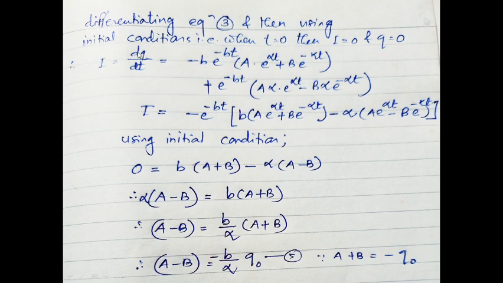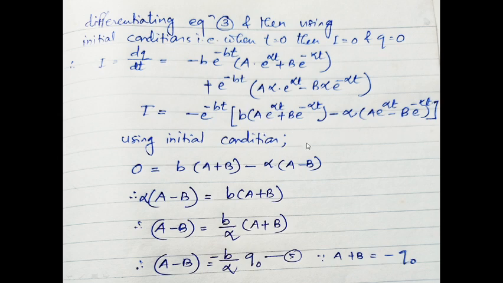Then we can get capital I, that is dq by dt, which is capital I is equal to minus B into e raised to the power minus bt, that is derivative of first term, into second term as it is, plus first term e raised to the power minus bt as it is, derivative of bracketed term, that is A alpha into e raised to the power alpha t minus B alpha into e raised to the power minus alpha t. Now from these two terms, e raised to the power minus bt can be taken common, so minus e raised to the power minus bt, and remaining term is written inside the bracket.